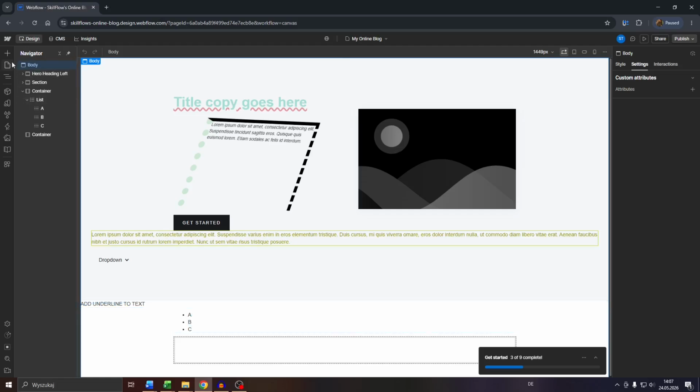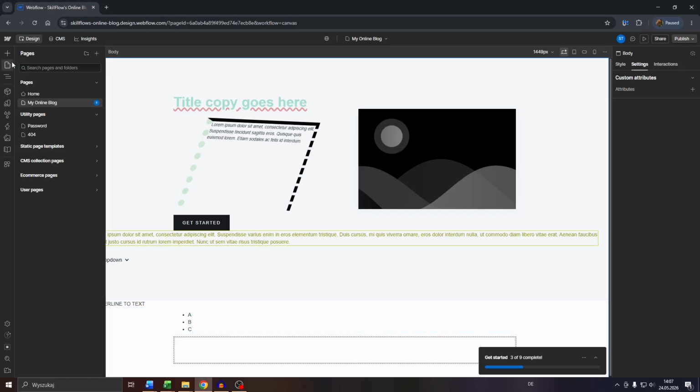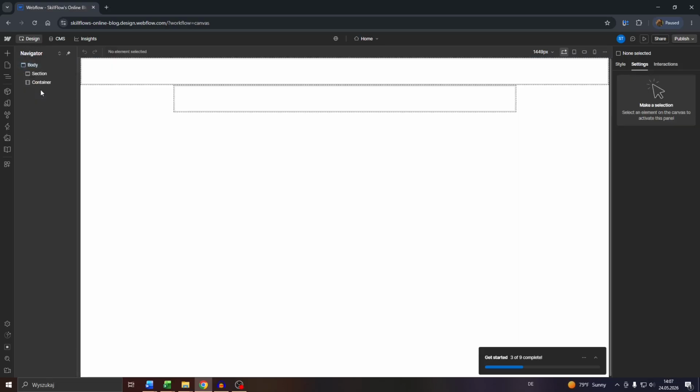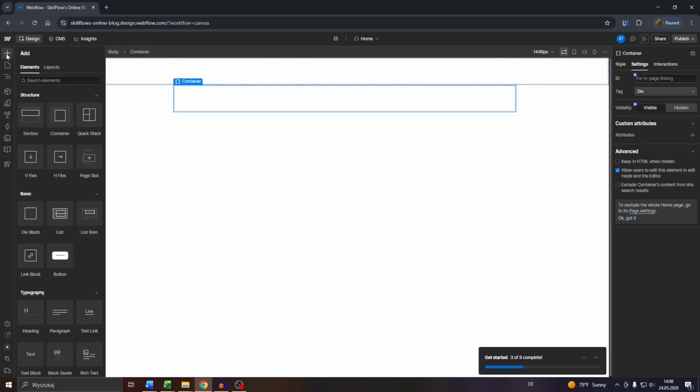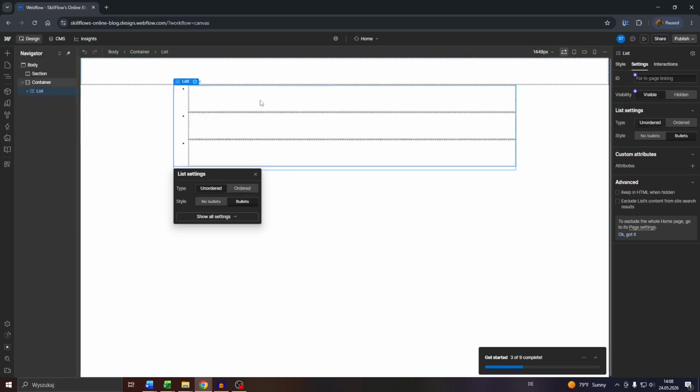So let me navigate to the Pages menu in that Webflow Website Builder example page here. Let's go with the home page. Next, what you want to do is navigate to the given part of your page, like a section or a container. I will go with this container and place the bulleted list here. So what you want to do is navigate to the add elements section, choose elements, scroll down, and under basic, expand it if needed. Under basic, choose list. Position it, release your left mouse,